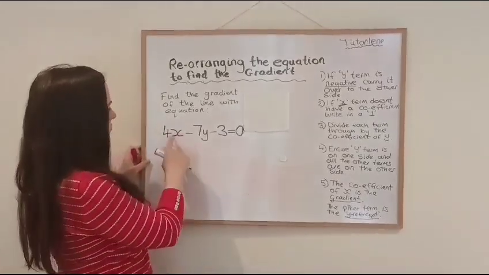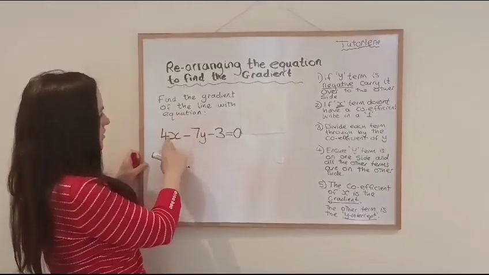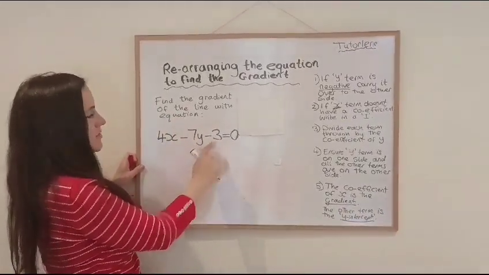So this time, we've got this example here. So we're finding the gradient of the line with equation 4x minus 7y minus 3 equals